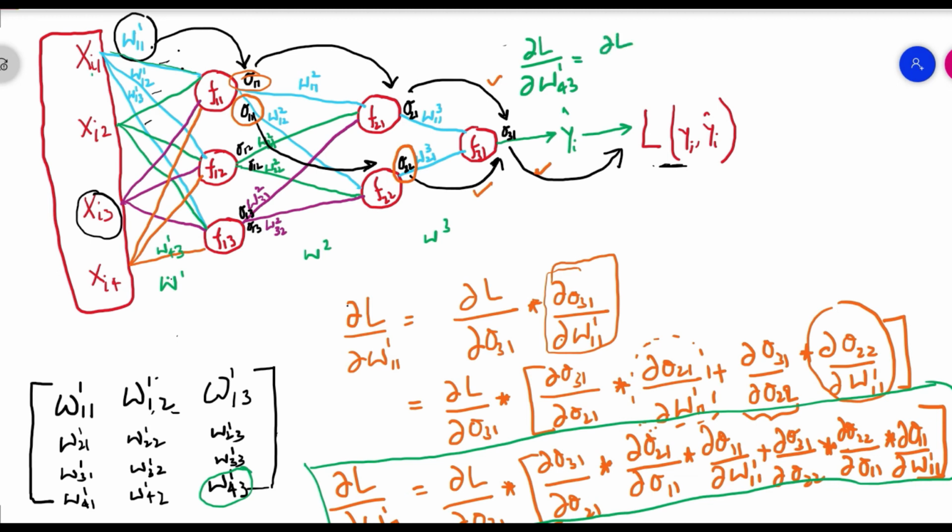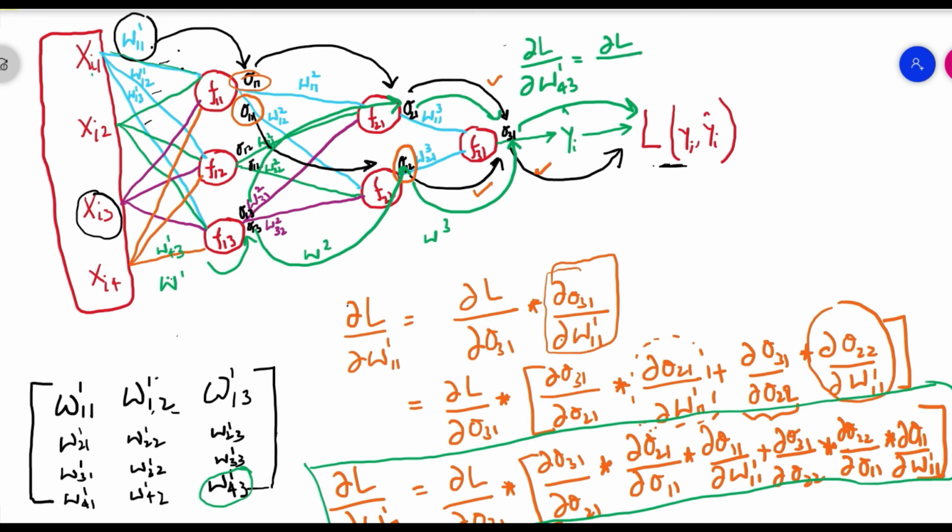So how are the weights being impacted? This edge impacts the output over here, output 13, and this output 13 impacts output O21, and it also impacts output O22, and this O21 impacts output O31, and output O22 also impacts output O31, and then O31 impacts our loss function. So if we have to calculate the rate of change of our loss with respect to W143, what will be the steps we will take? First of all, we will take